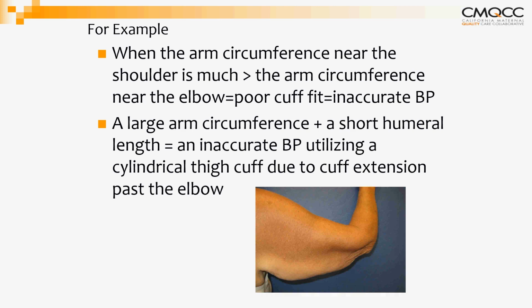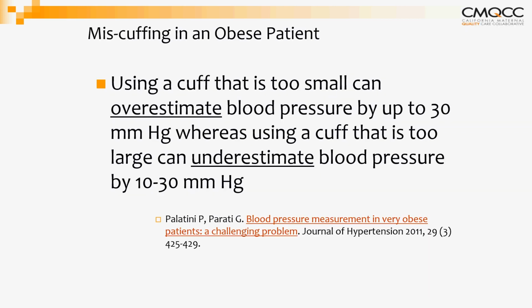Particularly a lot of the disposable blood pressure cuffs that we have are more square as opposed to cylindrical, and that is probably not going to be the best bet for a patient with a large arm circumference. So you may have to use a thigh one, but if you go to the next slide, that might explain a little bit more.